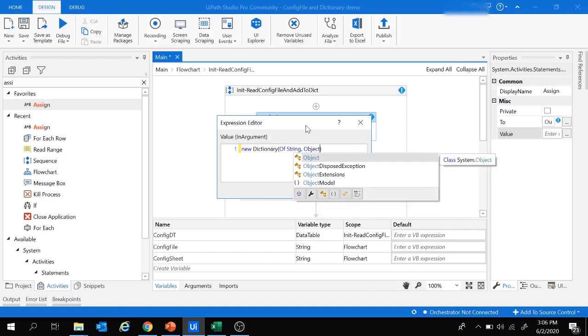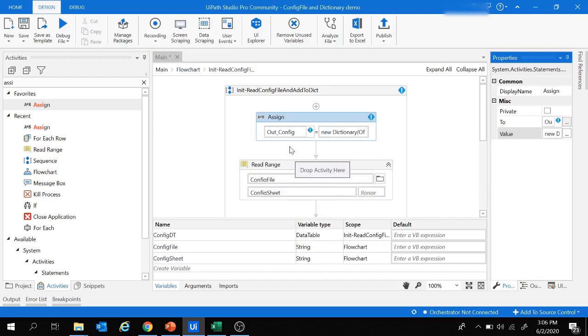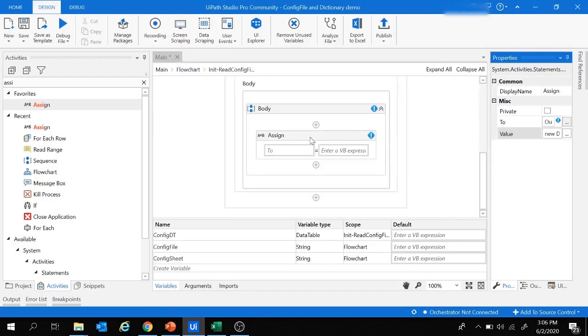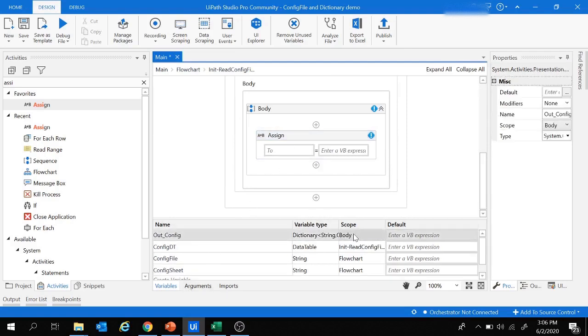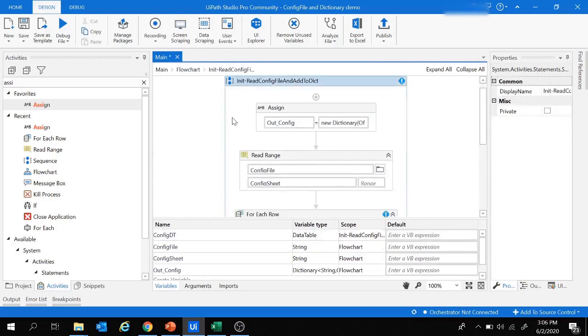So let's provide like this. Now for this outconfig which we have created over here, let's change the scope to flowchart, and we are good to go now. So we initialized this outconfig dictionary variable.